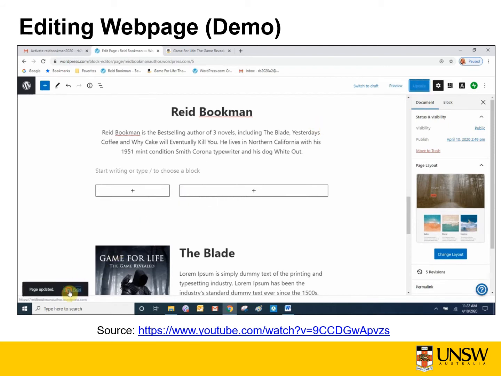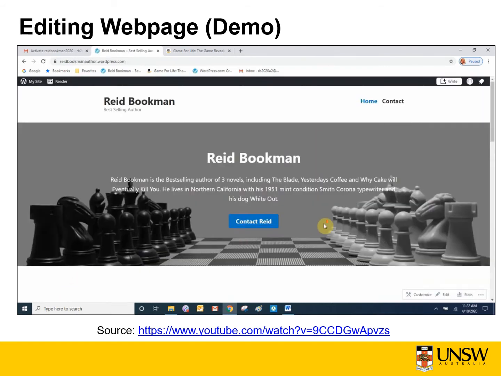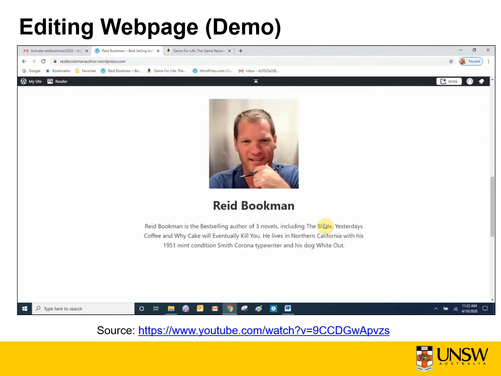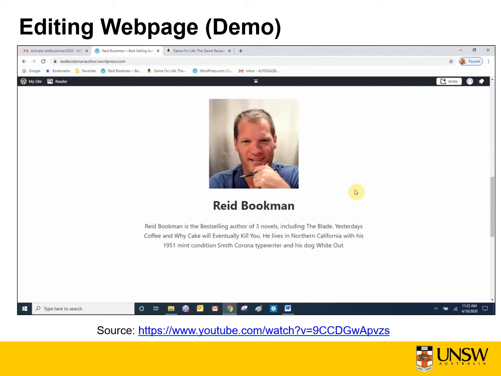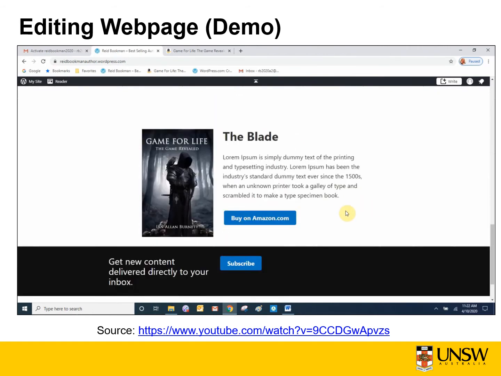And we'll view the page. So here's what it looks like now. We have our 3 books in columns, the author bio centered below it, and then we get into the book